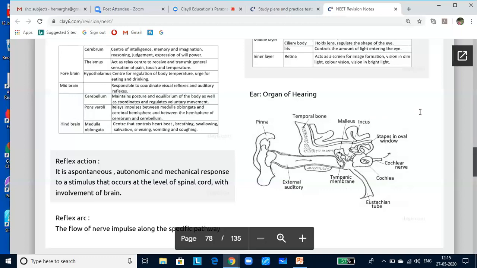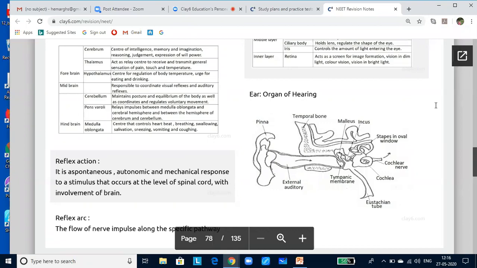Now the mechanism of hearing. The external ear receives sound waves and directs them to the eardrum. The eardrum vibrates in response to the sound waves and the vibrations are transmitted through the ear ossicles to the oval window. The vibrations are then passed through the oval window to the fluid of the cochlea where they generate waves in the lymph. These waves generate ripples in the basilar membrane. As a result, nerve impulses are generated in the associated afferent neurons. These impulses are transmitted by the afferent fibers via auditory nerves to the auditory cortex of the brain, where the impulses are analyzed and the sound is recognized.